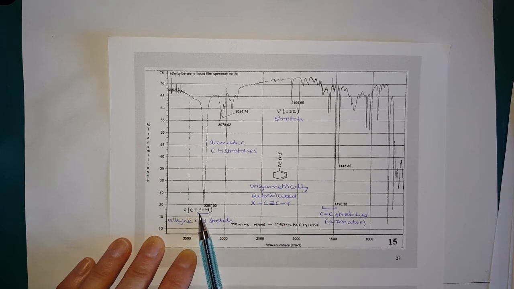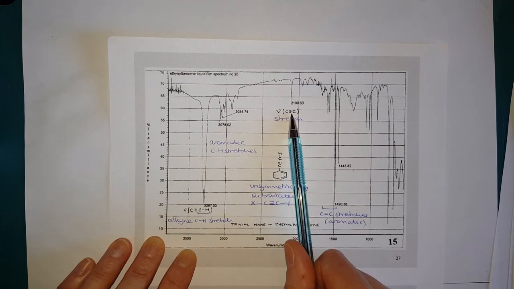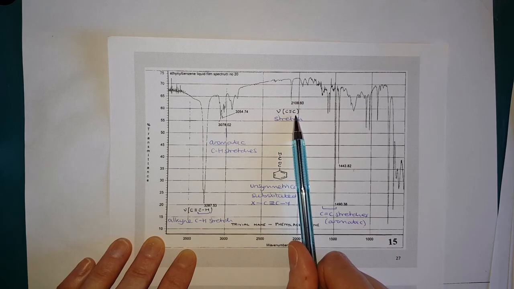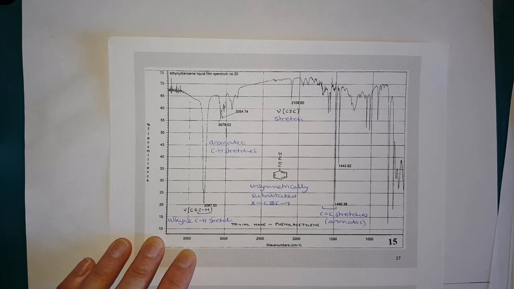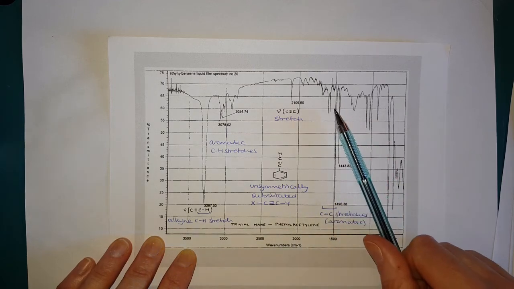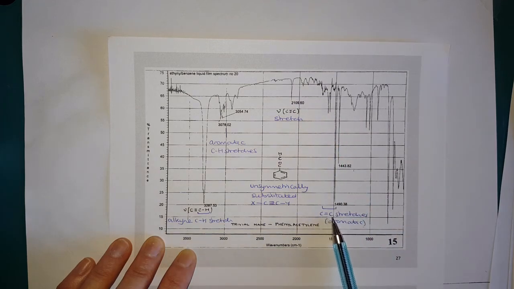We have a carbon-hydrogen stretch corresponding to the carbon-hydrogen in the alkyne, around 3,300 wave numbers. And then we have our carbon-carbon triple bond stretch from the alkyne, about 2,100 wave numbers. And we've also got some peaks here. Really the strongest is just this one, about 1,500 wave numbers, that corresponds to our carbon-carbon double bond stretches in